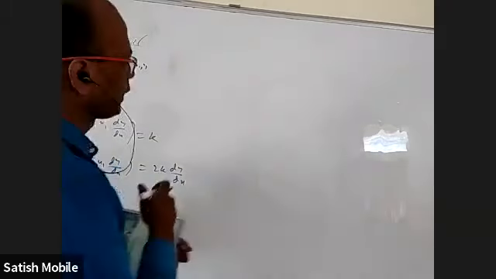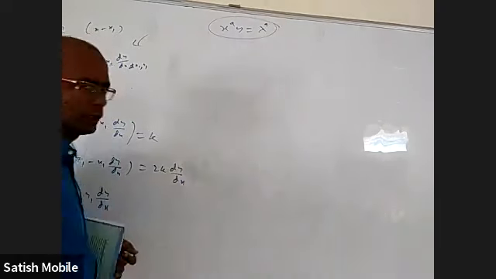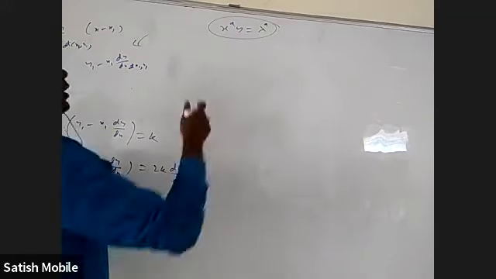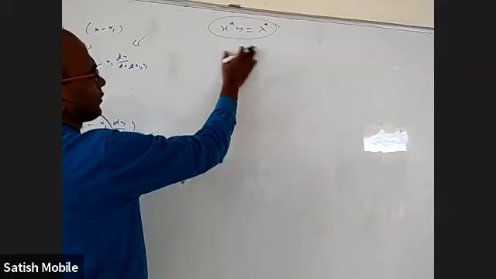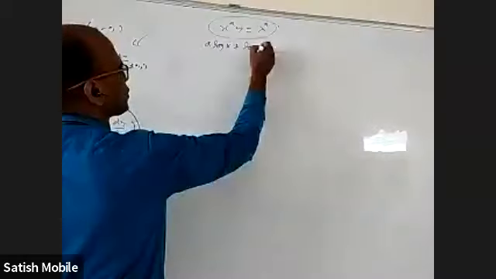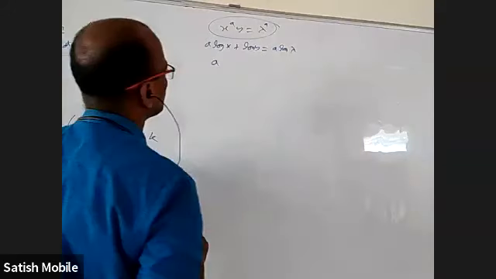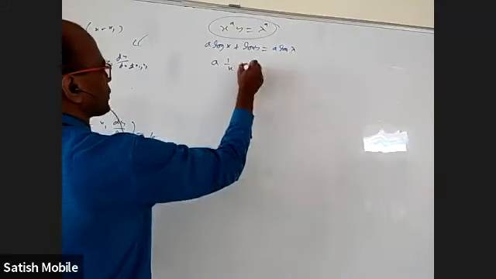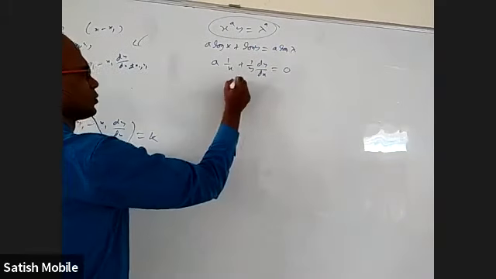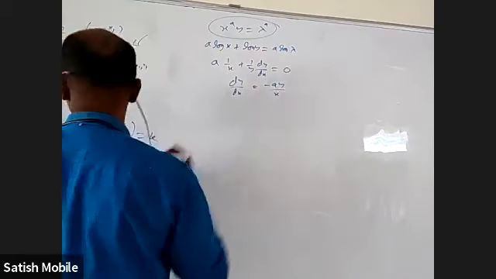But first of all, I'm going to take x power a into y is equal to lambda power a. Take this curve and just find for what a that area is constant. That's it. I can find dy by dx in any way. I want to apply log and find the derivative. So it will be a log x plus log y is equal to a log lambda. When I differentiate it, I will get a into 1 by x plus 1 by y into dy by dx is equal to 0. So dy by dx is minus a y by x.